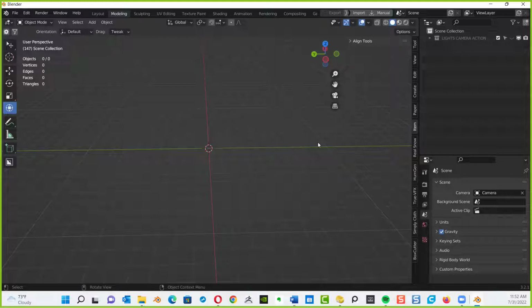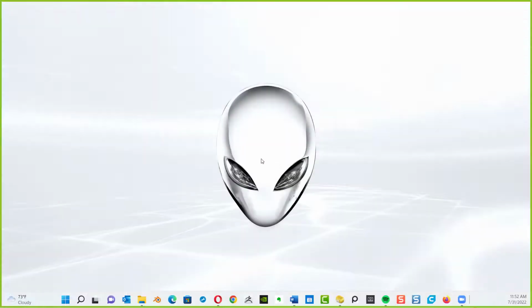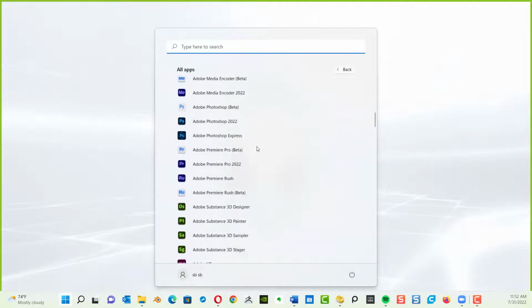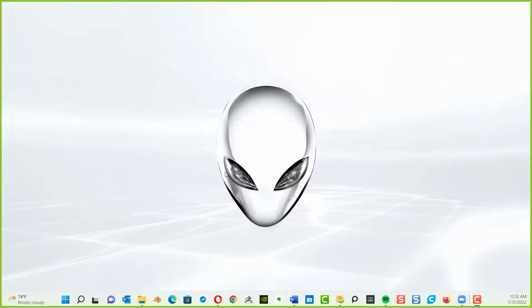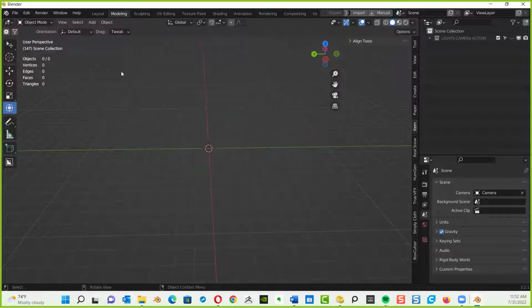Now, if you close out Blender right now and reopen it again, and I'm going to do it right now in front of you, I'm going to say don't save it, don't need to save this interface or that particular object. Now I'm going to go back to Blender. I'm going to go to my apps there, go to Blender. There she is. Open it up. Give it a little time to think. And there it is. Click anywhere. There it is, all reset exactly with my icons and everything in place exactly the way I left it.